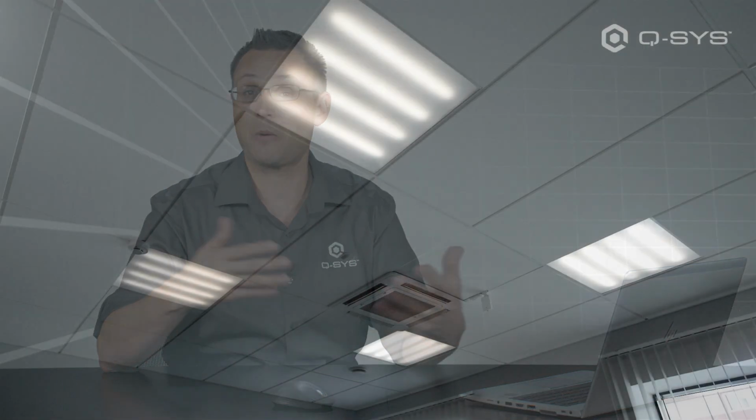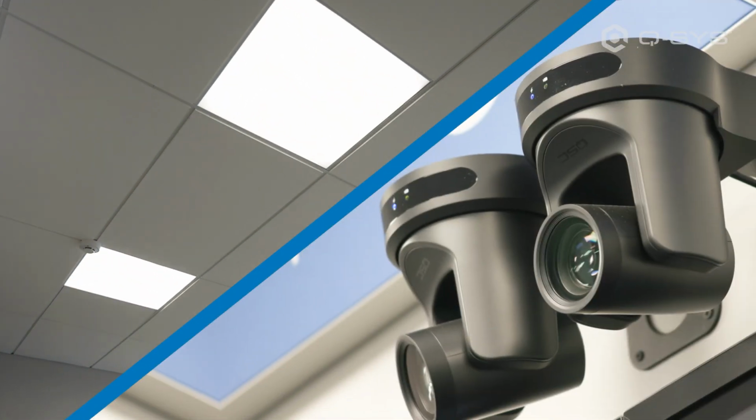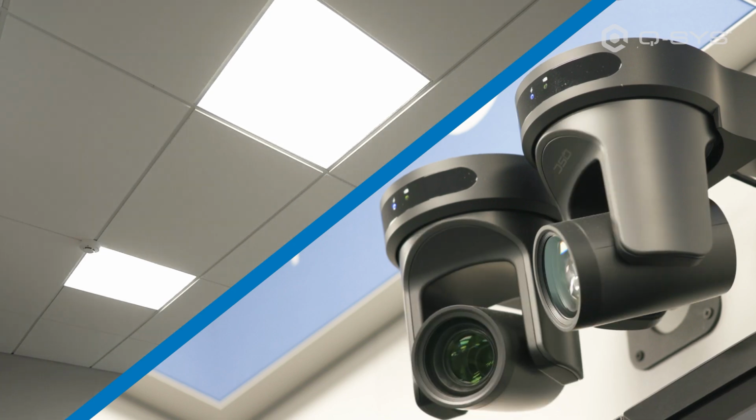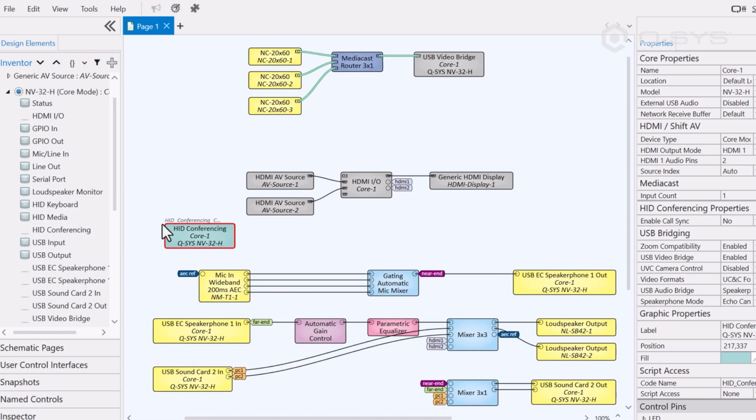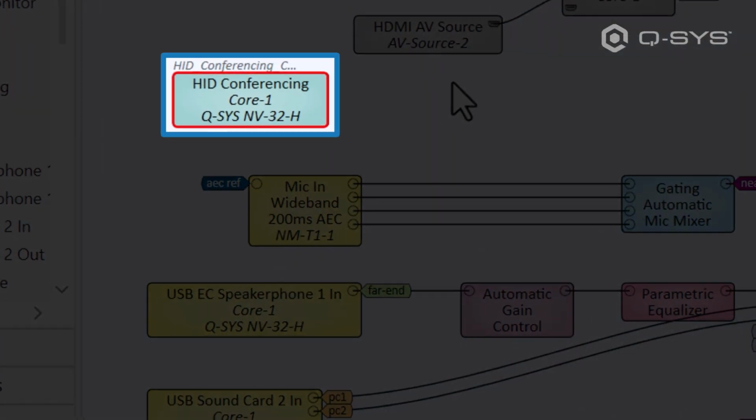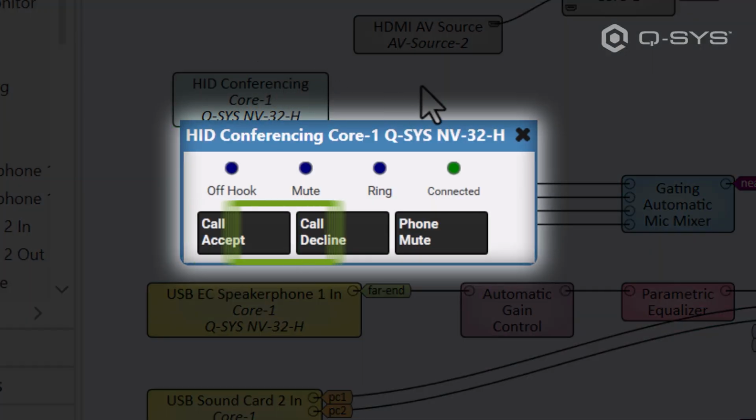For instance, you may want to set the room's lights and cameras to a default setting every time a conference call begins. You can communicate with the application that's running by grabbing the HID conferencing component from the device you're using. This, once again, uses the same USB cable as everything else and allows you to start, stop, or mute